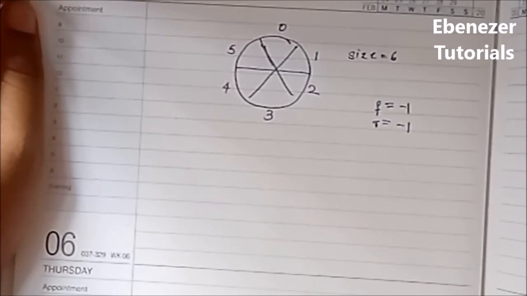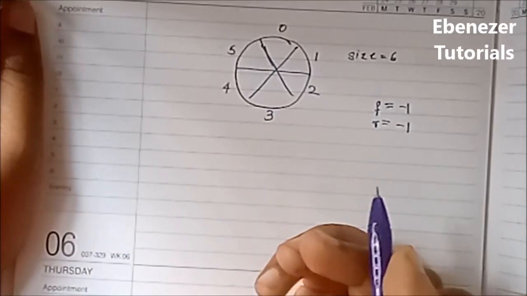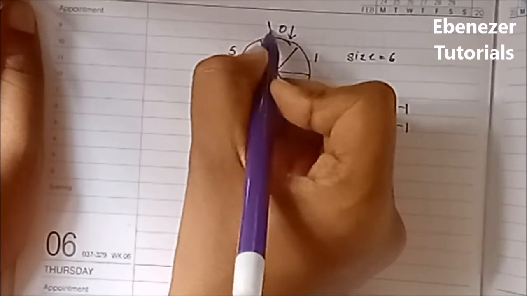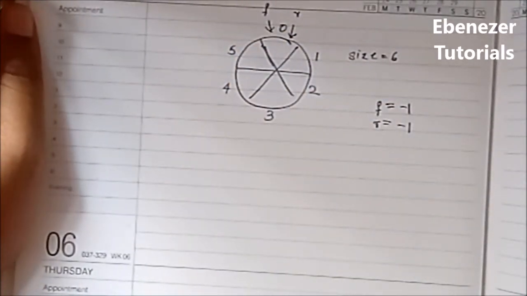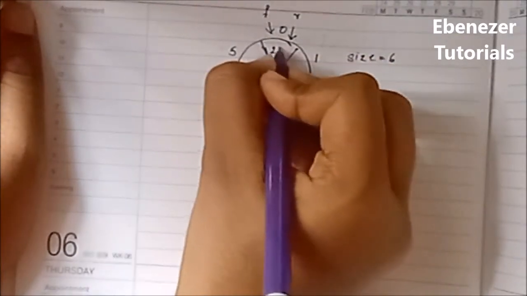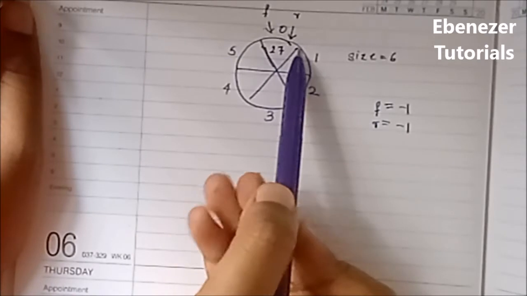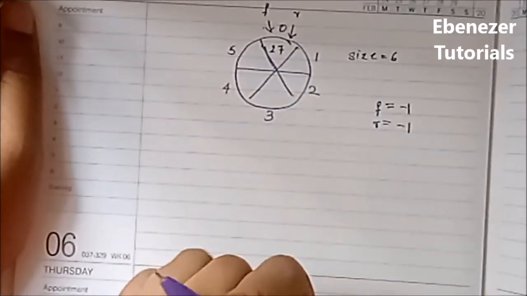Now the next thing is we have to enqueue an element. How do we enqueue? This also remains the same. When we are inserting the first element, we point both front and rear to 0. Supposing I have inserted 27, our front pointer and the rear pointer are pointing to 27. So we have inserted the first element.